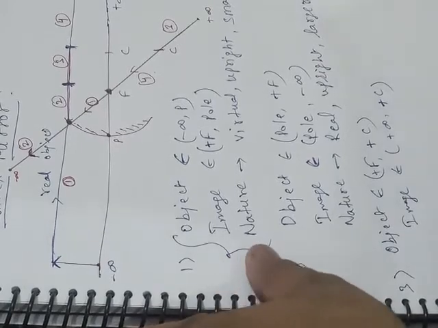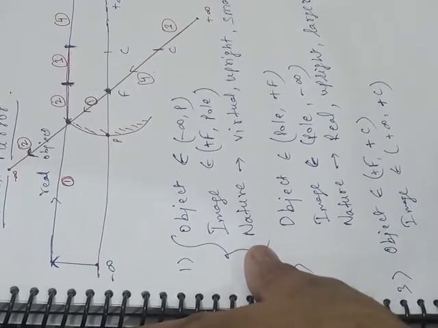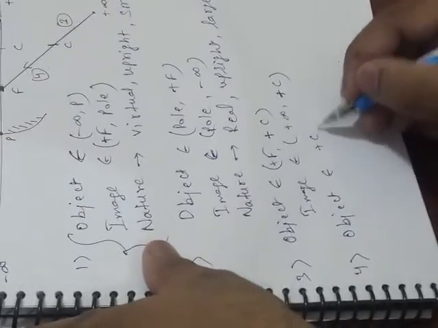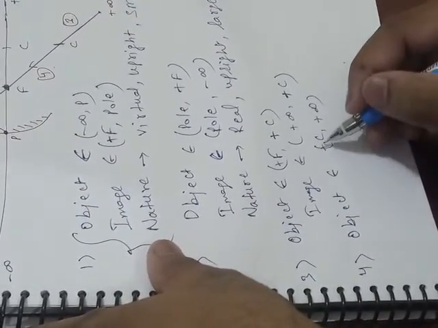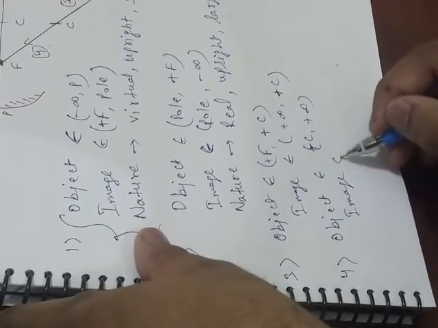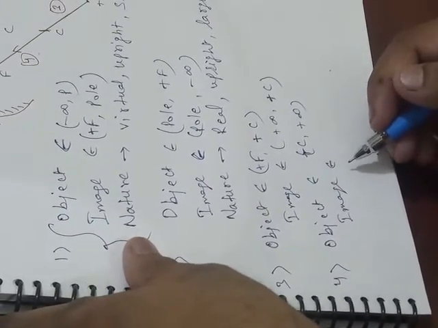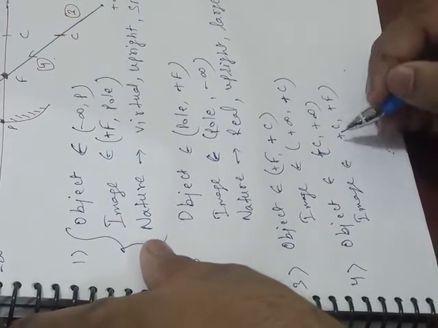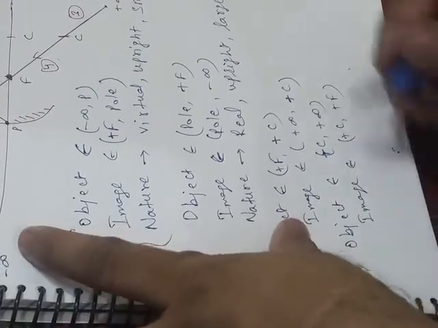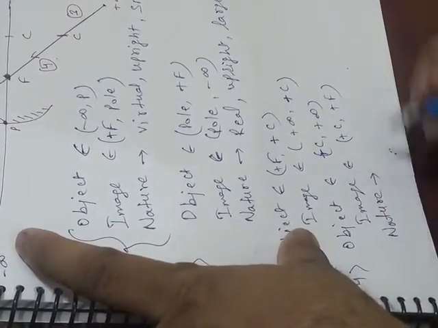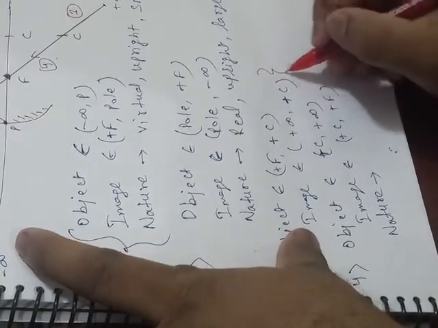Okay, those are special cases. Fourth region, last region, object is part of center of curvature to plus infinity. Last one, center of curvature to plus infinity. Then image will be a part of, where is the fourth region? Center of curvature to plus f. And what is the nature? Okay, we forgot the nature here. So here also we need the nature.